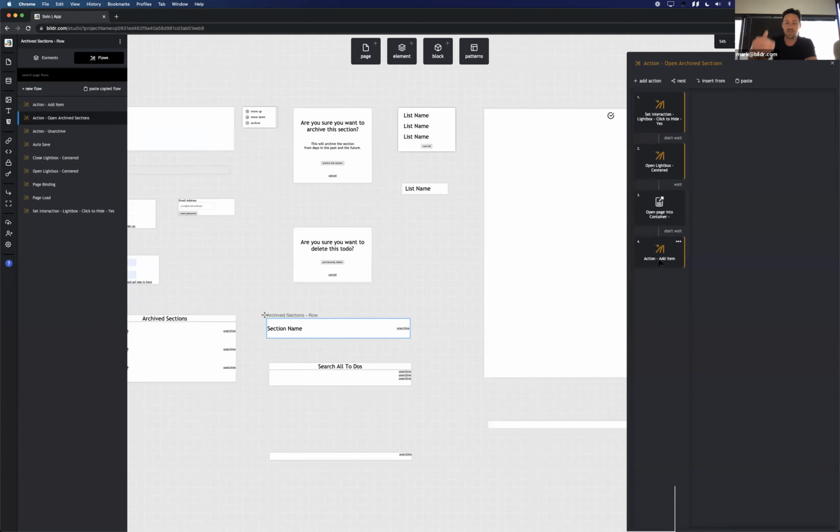So it'll bring the entire setup. Now, some of that, depending on what you're doing, depends on what those actions are that are inside. If inside the action there is, say, a reference to an element on the page, you'll have to go reselect the element from the new page that you just pasted that on, because it doesn't know what that reference should be, right? So some things will just automatically work, things that are system-wide, like opening a page into a container